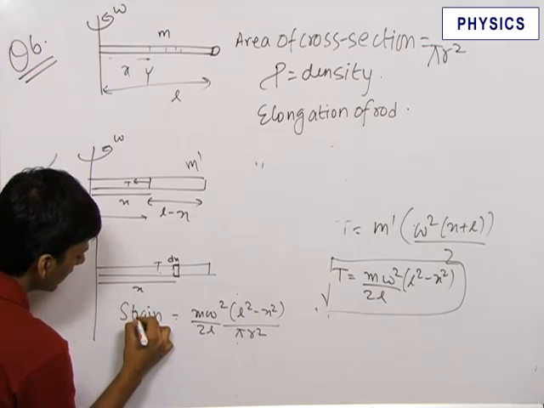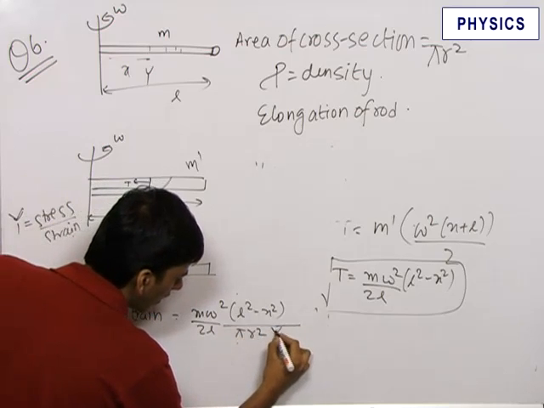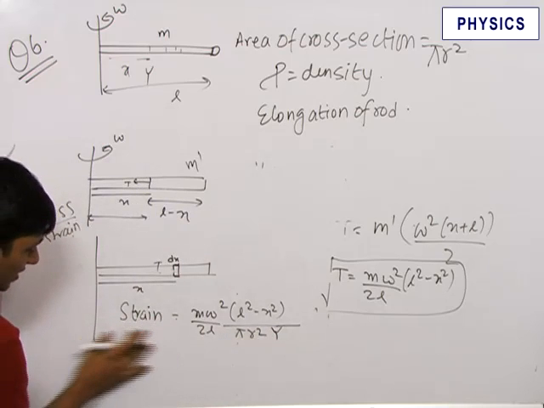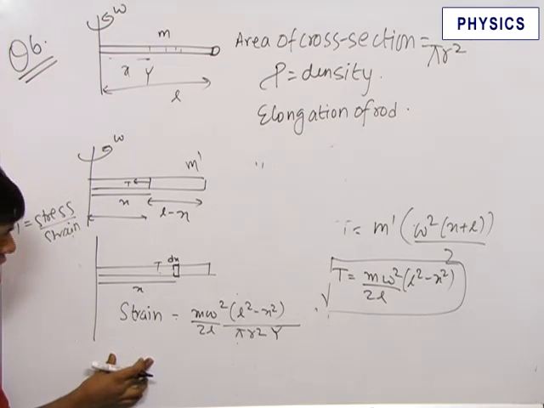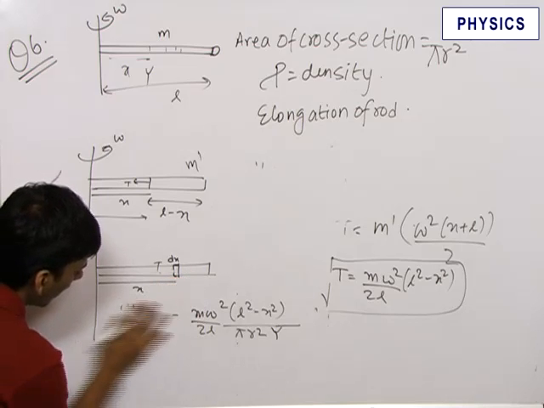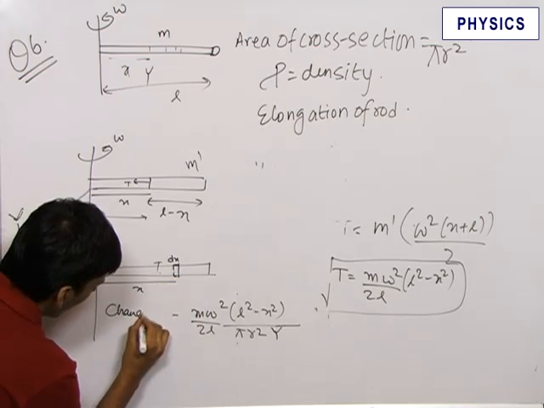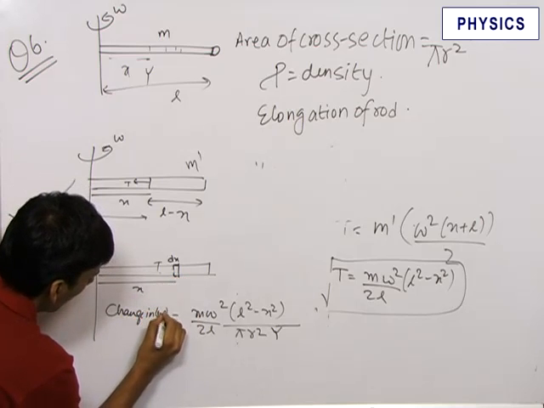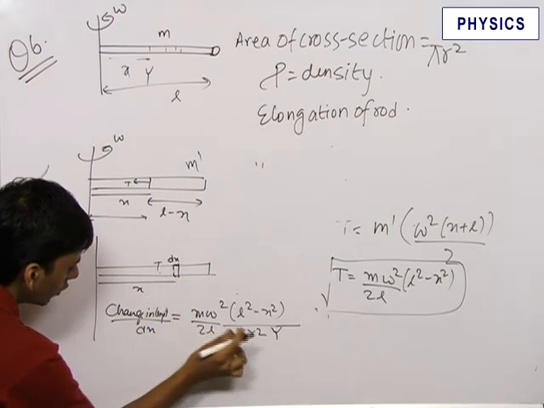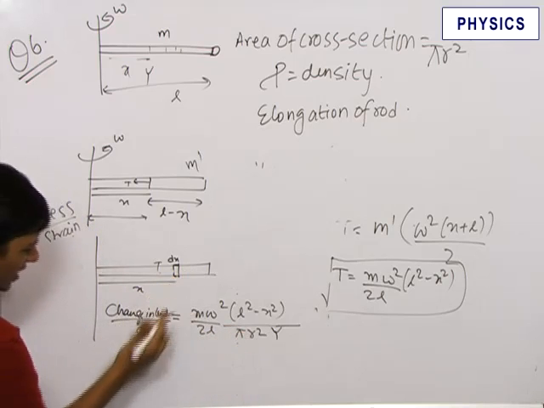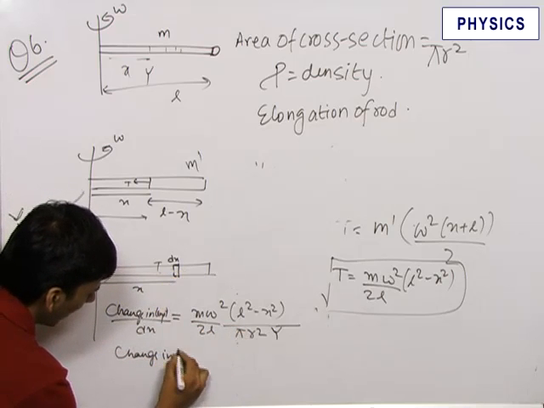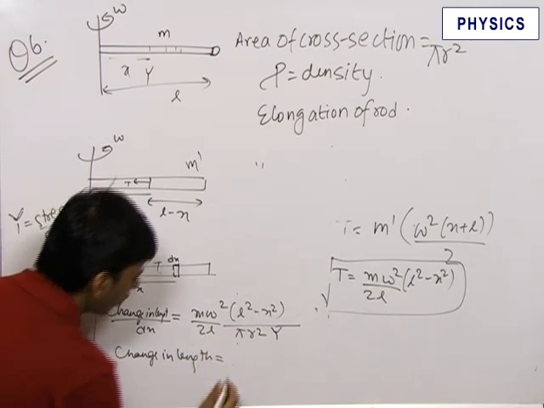Therefore, strain is equal to stress upon Young's modulus of the material of the wire. Now, we know that strain is equal to change in configuration upon original configuration. Now, the change in length of the small element upon original length, that is dx, is equal to this. Therefore, the small change in length can be written to be equal to